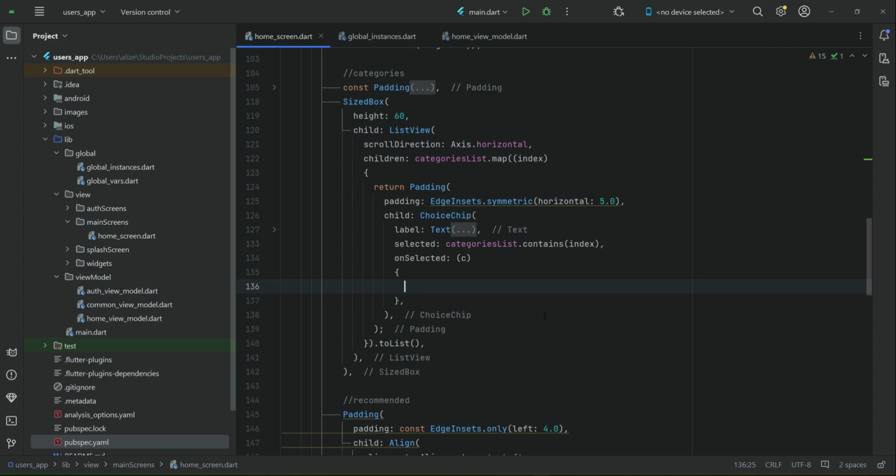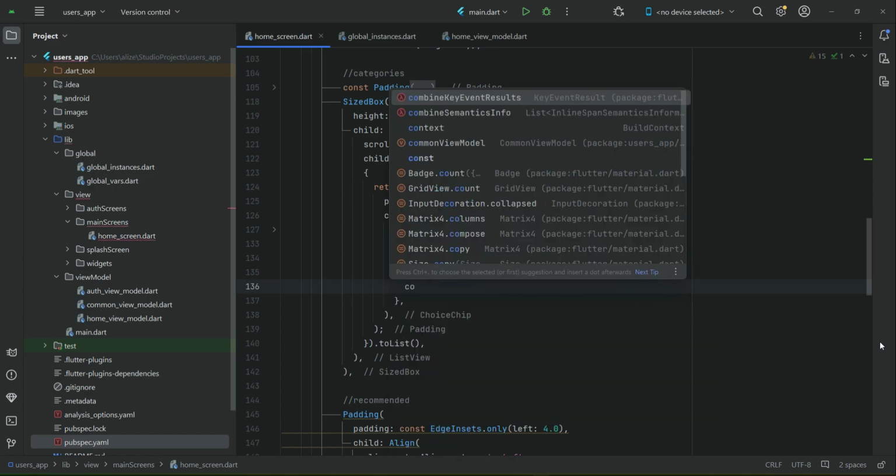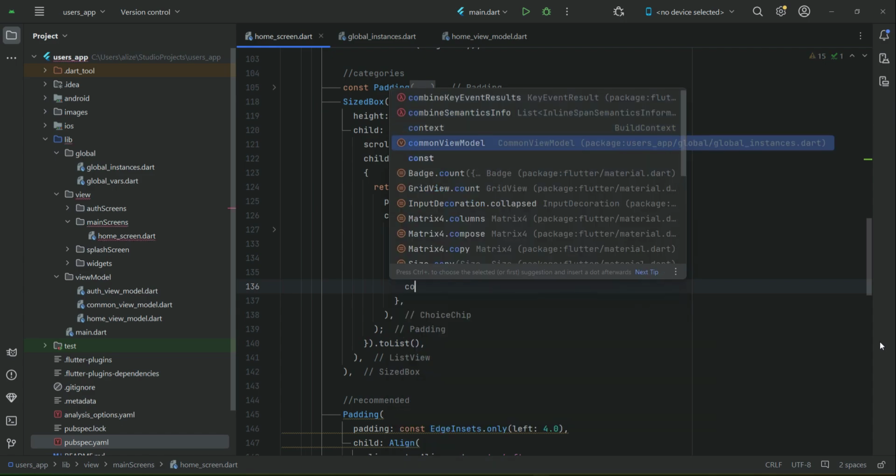It can be chicken, rice, burger, or pizza. Among the multiple categories available, the user will select any, so when I say click, it simply means selected. So for now, just for the testing, we will say